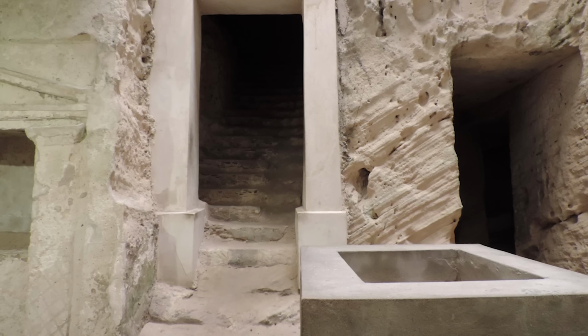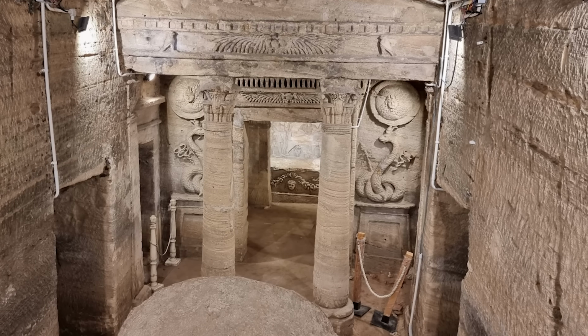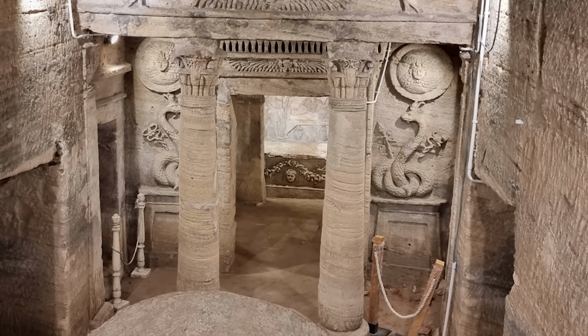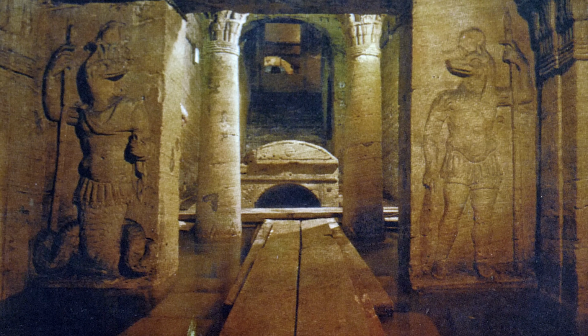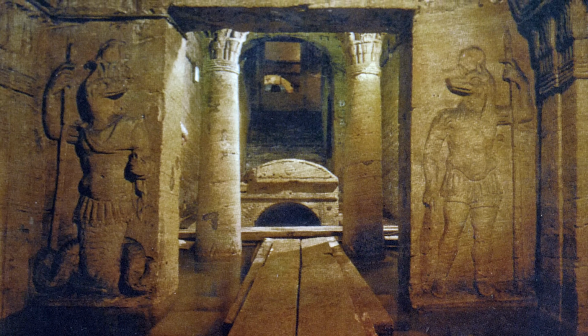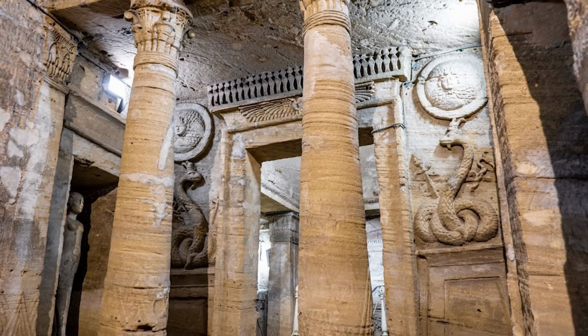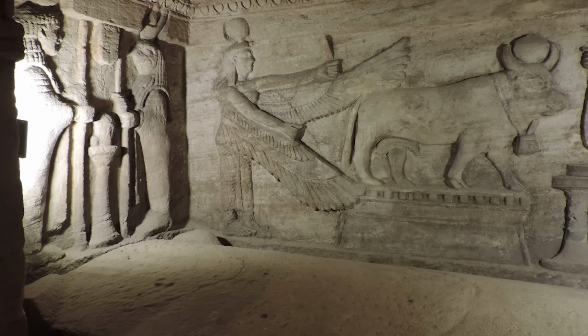That's crazy. These catacombs date back to the 2nd century CE, during the age of the Antonine emperors. They were used as burial chambers from the 2nd to the 4th centuries. The catacombs are made up of 3 levels that were tunneled into solid rock. The 3rd level was completely underwater until more recent restorations. And inside the catacombs is a funeral banquet hall where family and friends would have gathered on stone couches during